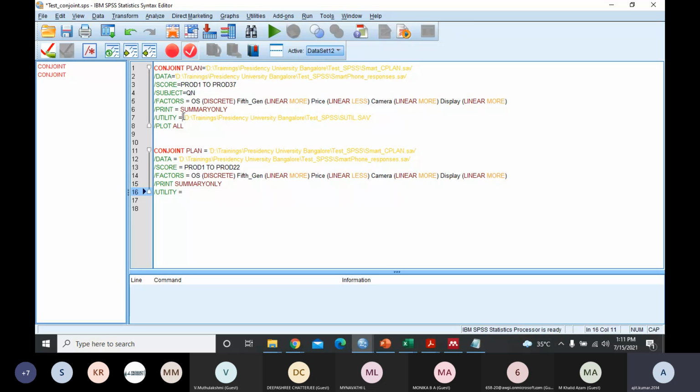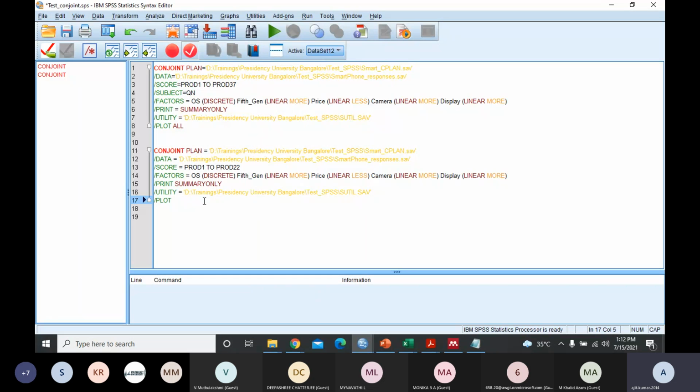Okay, so let's say that I want to create this particular thing, and you can have your customized name. I have put this as util. You can put maybe your own name or utility file .sav, and again single quote, start and close. Right? So this will give you a file, and I'll tell you how it looks and how it is understood.